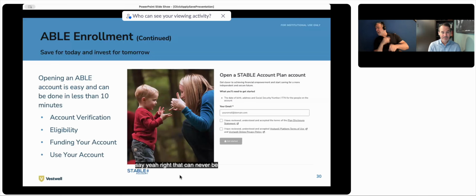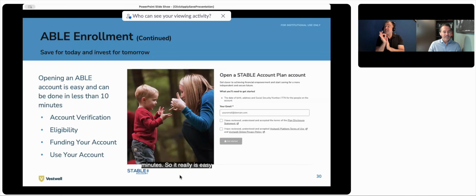In reality, we track this information. We see at a wider level where individuals are going through the enrollment process. We can see where it's making it easy for them to continue on. We can see areas where it might take them a few extra minutes, and we can find ways to fix those pieces of the enrollment flow to make it as easy as possible. Our average time it takes for an individual to successfully open an ABLE account is just over 9 minutes. So it really is easy to do.